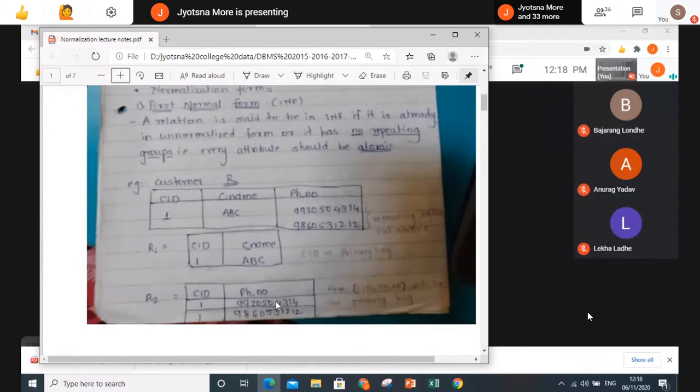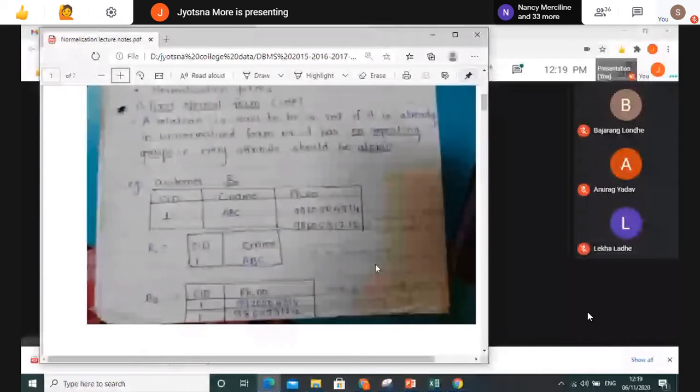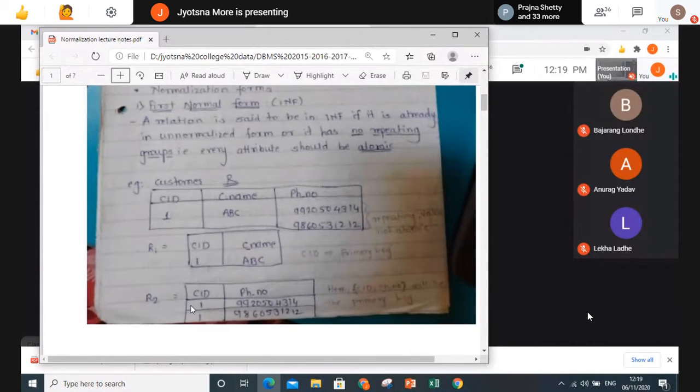So, in this case, you have observed this when working with relations, creating diagrams. At that time we break the multi-valued attribute into a different table, right? That is the only concept used here in normalization. So if somewhere you forgot to do that, normalization will help you to do that. You have to make it a separate table with the primary key of that table and the multi-valued attribute column as another column for that table.